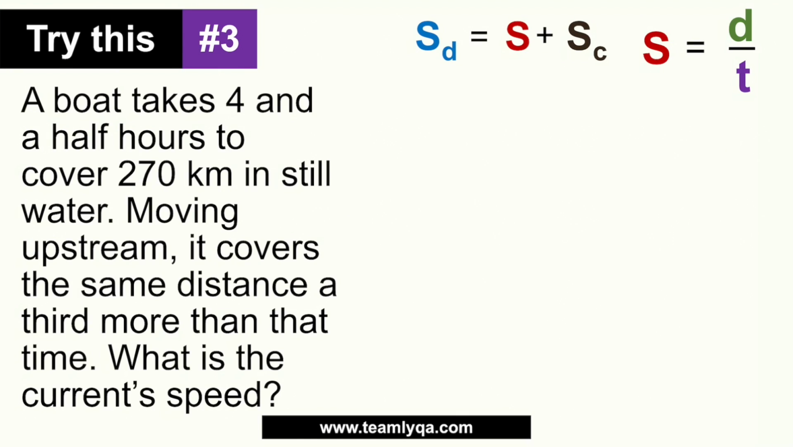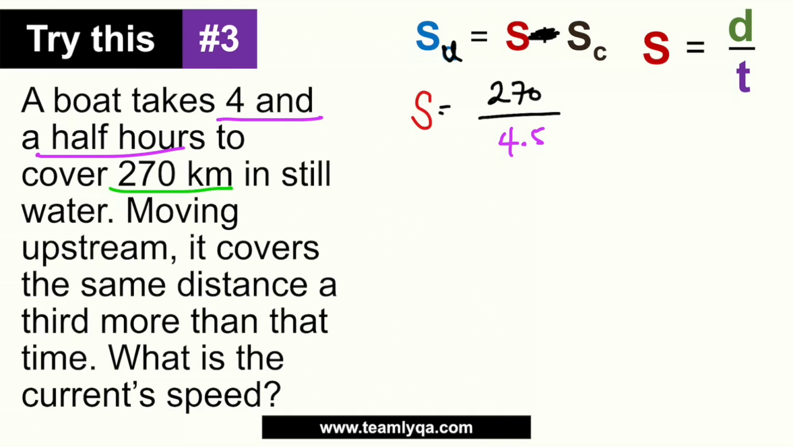Now again, knowing na ang speed upstream is going to be the speed minus yung speed ng current, we can first get yung regular speed niya. Kasi binigay naman yung distance which is 270 kilometers at yung time kapag still yung water which is 4.5 hours. So, tingnan natin yan. Now, isosolve muna natin yan. Sabi, yung speed is equal to the distance which is 270 over yung time which is 4.5 hours or 4.5 na lang. Pag sinolve ko to, this will give me 60